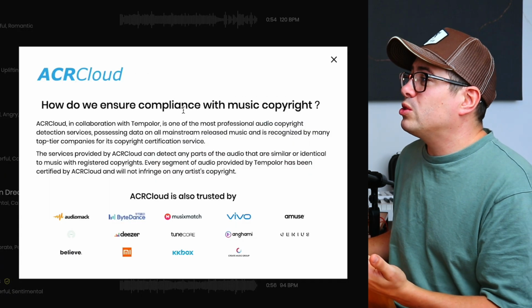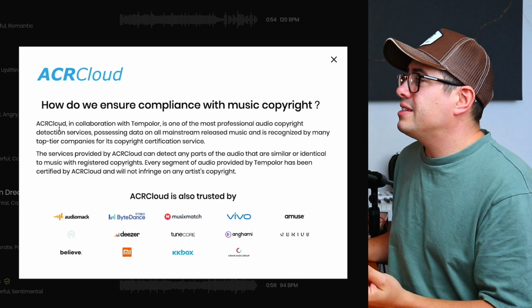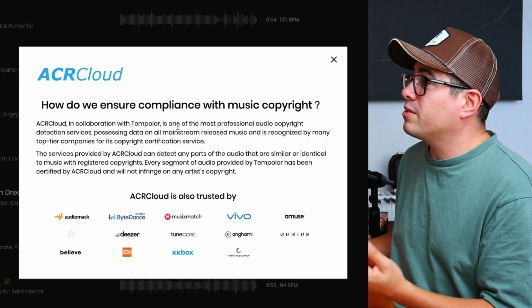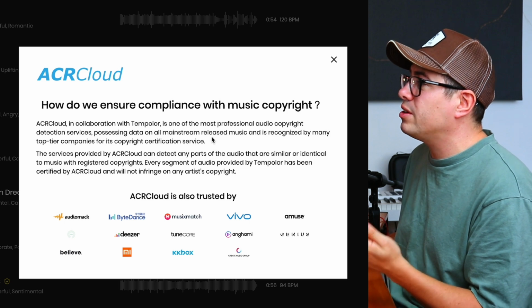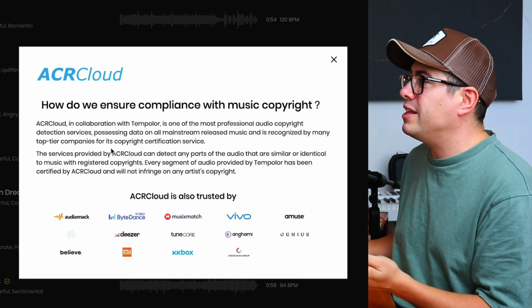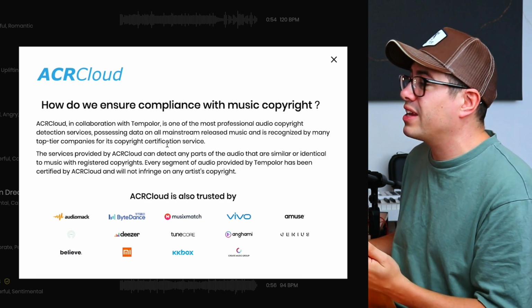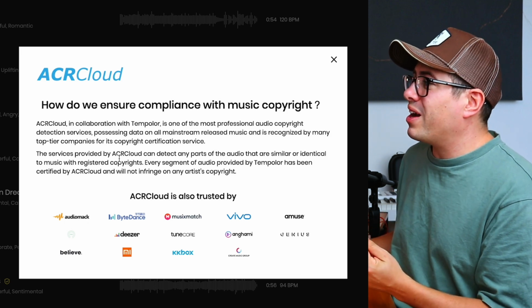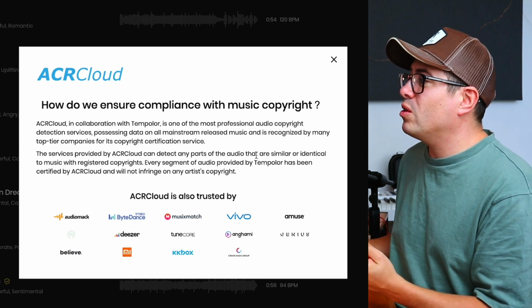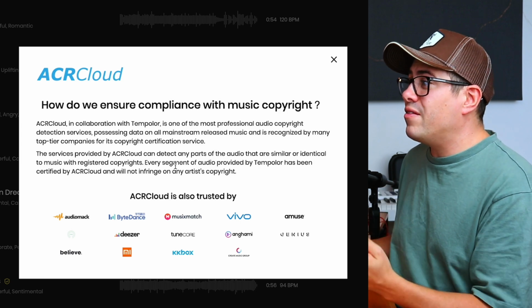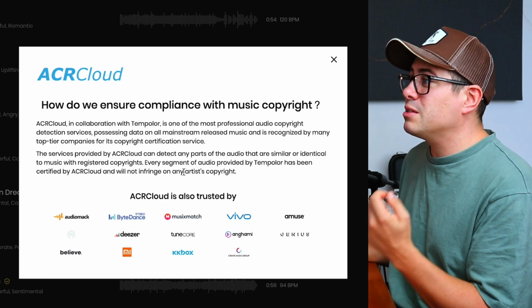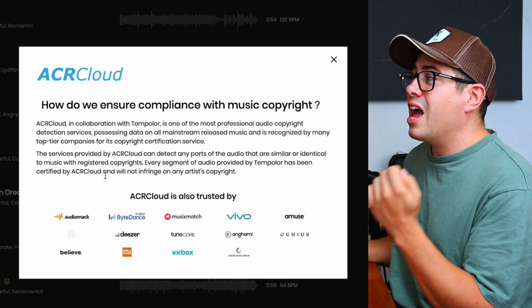ACR Cloud, how do we ensure compliance with music copyright? ACR Cloud, in collaboration with TemPolor, is one of the most professional audio copyright detection services, possessing data on all mainstream released music and is recognized by many top-tier companies for its copyright certification service. The services provided by ACR Cloud can detect any parts of the audio that are similar or identical to music with registered copyrights. Every segment of audio provided by TemPolor has been certified by ACR Cloud and will not infringe